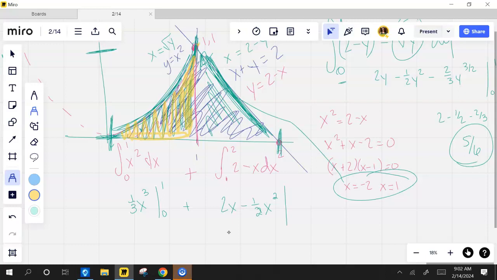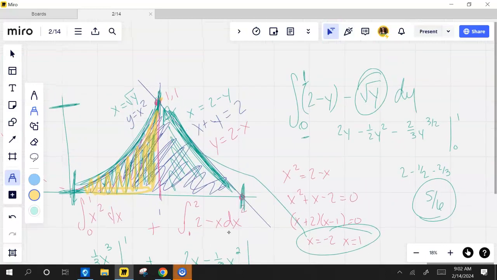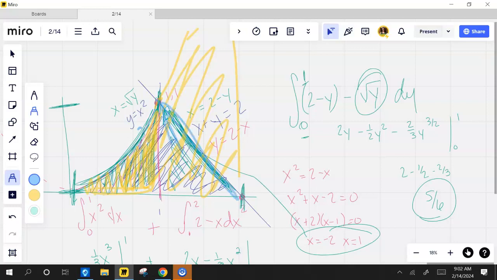But where are you going to? Are you going all the way to 2? If I go all the way to 2 with this parabola, then that's going to give me all of that area. And then if I took this, that's just x squared though. If I subtracted out this one, what I'm really subtracting out is if I go all the way to 0,